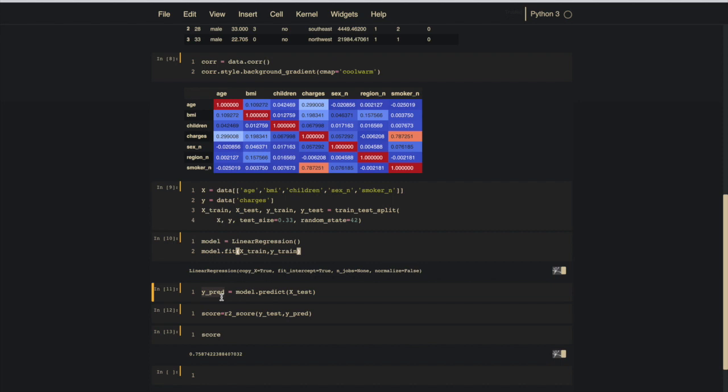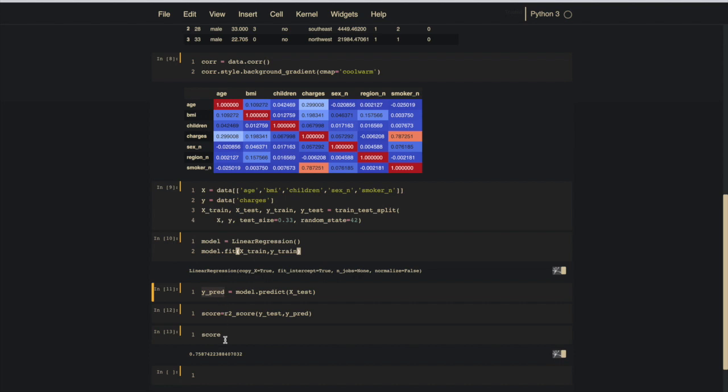Now we have the prediction and the model, but the main question is how can we check if our model is good or bad. Remember on day 3 we used metrics for classification, but this is a regression problem. So basically there is something called R square.